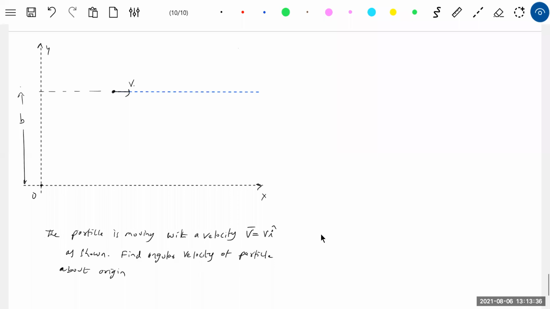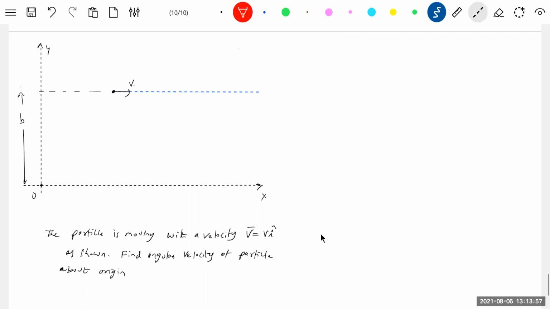Angular velocity doesn't mean that it should rotate. Because what is the basic definition of angular velocity? Rate of change of angular displacement. So what is angular displacement? The angle made by the particle with some reference point. So here we do have